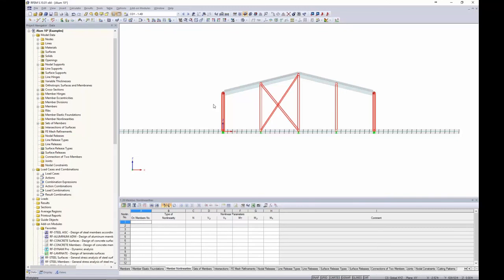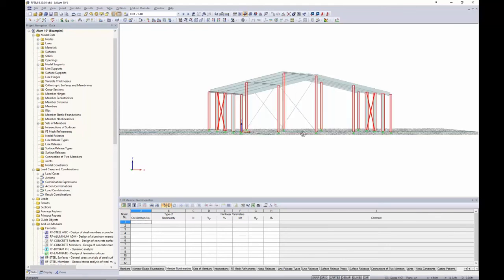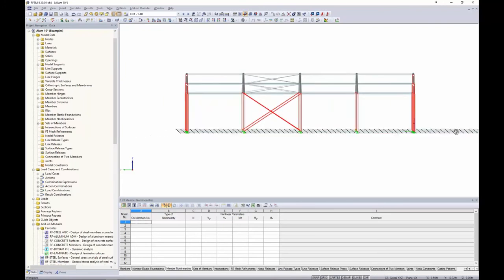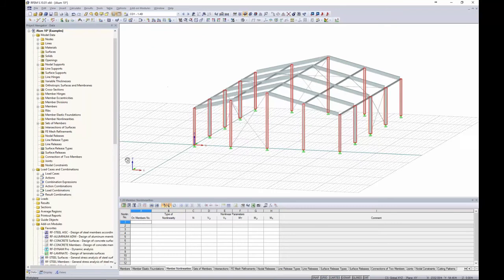Now, geometric imperfections really are to account for a column out of plumbness. There are some other stipulations that you can maybe add in, like pre-camber, which we'll see in just a minute, but for today we're really concerned with column out of plumbness in terms of geometric imperfections. I want to not highlight my braces here, so if I hold down my control button and select those brace elements, only my columns are left